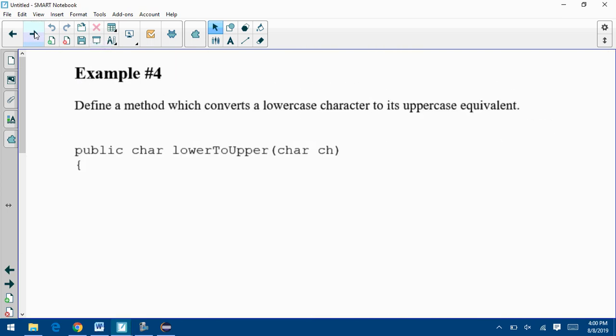We were on example 4, and right away you're going to need that chart. It says define a method which converts a lowercase character to its uppercase equivalent. So if I give you little a, I want to return capital A. This concept is probably the trickiest thing we're going to do today, so I'm going to spend a little bit of time talking you through this. I'm going to put a note up here that we need the ASCII